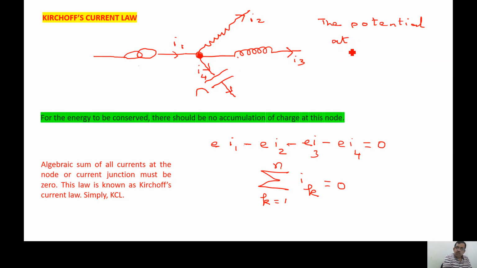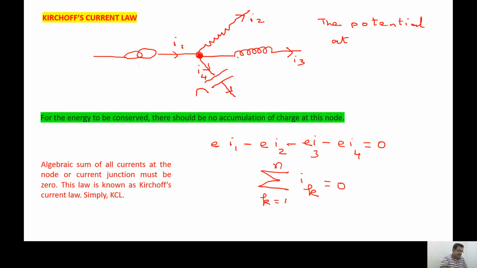There is a difference between voltage and potential. When we say potential, when you want to measure potential at some point, you understand that it is measured with respect to some reference point. The reference point could be ground, which is 0, or it could be any other point where there is some other potential associated. So the reference point is key when you measure. You just cannot measure with one pin. Let us say I take a voltmeter. I will always have two terminals. One of them I have to put at the reference and the other at the point where I want to measure the potential. So you have to understand that.